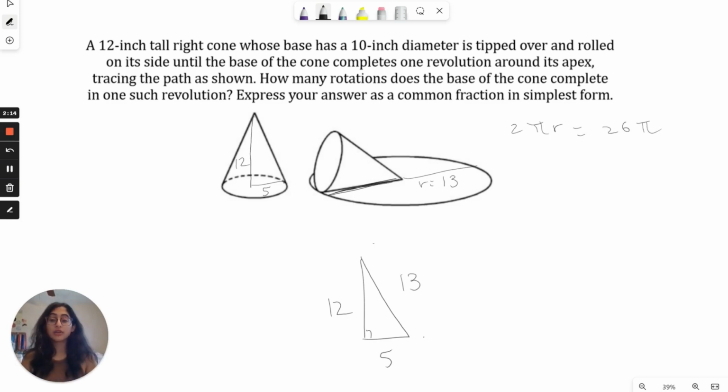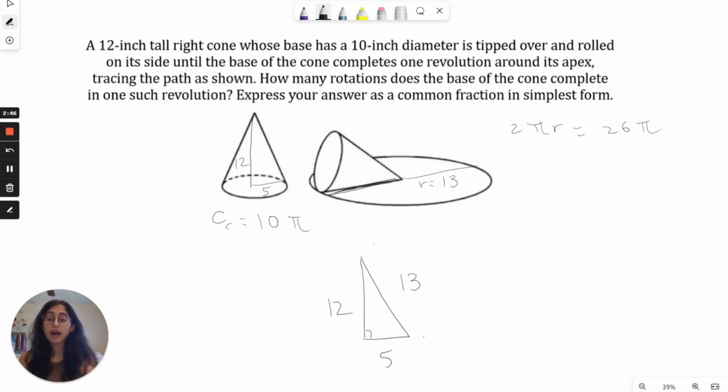Alright, so how does this help us? Well, if we want to know how many times this cone rolls around itself on this length of 26 pi, all we really need to do is first find the cone rolling around once. How long is that? We can do that by finding the circumference of the base of that cone. Since we know that the radius of that cone is 5 and the diameter is 10, the circumference of this cone is equal to 5 times 2 pi, so that's 10 pi,